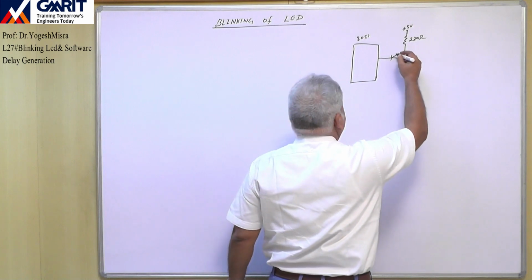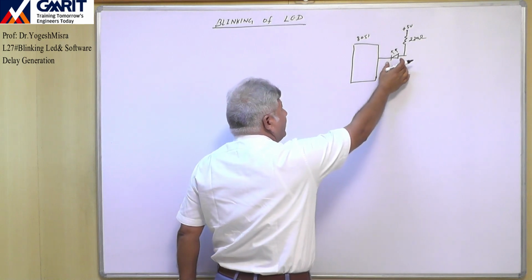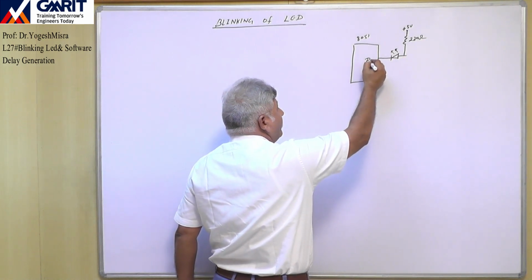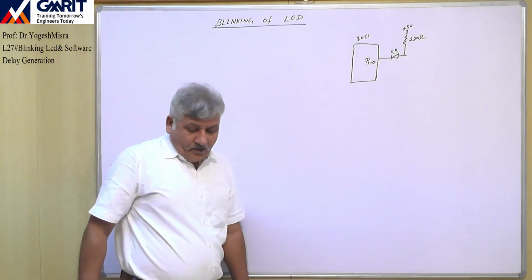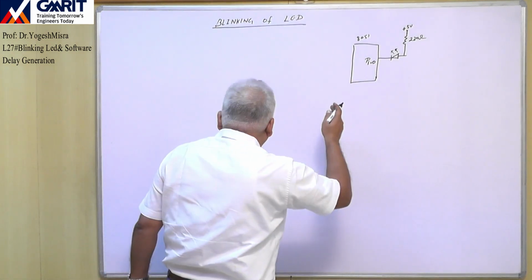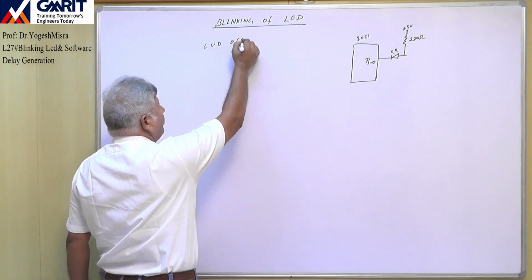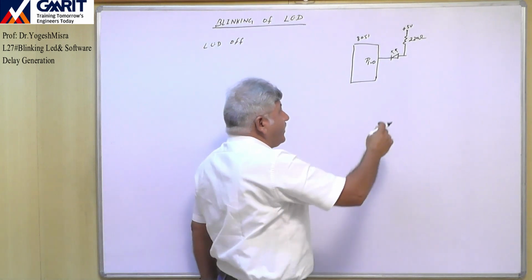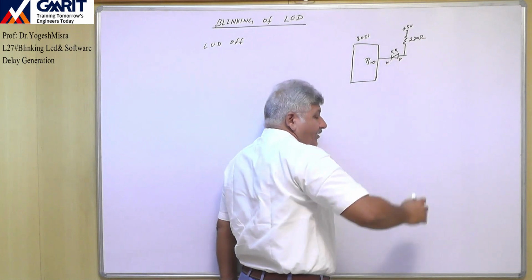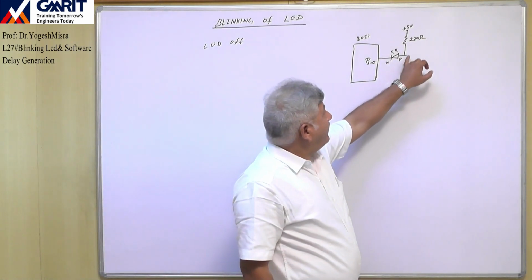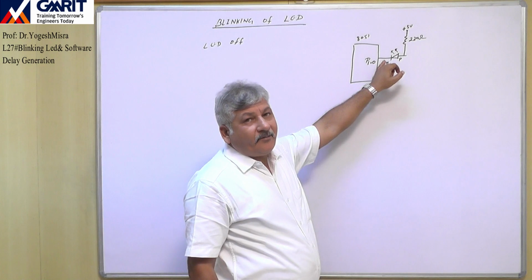Now this is the LED. And suppose we have connected this LED to port 1, pin number 0. So now to make this LED off, here what we have done: this is the P terminal of the LED and this is the N terminal of the LED. The P terminal of the LED is permanently connected to plus 5 volt. Now depending upon the value of the N terminal,